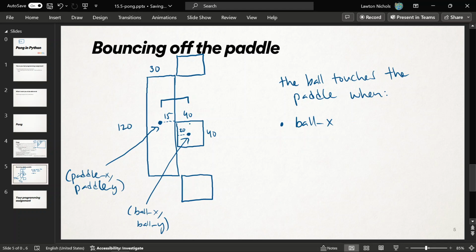When it is at least, right? When it's equal to, it's exactly hitting the paddle, when it's equal to the paddle's x plus 15 plus 20. Does that make sense? Wherever the paddle's x is right now, that's here, plus 15 plus 20. If that's equal to the ball's x, they're grazing each other. We have hit. So equals paddle x